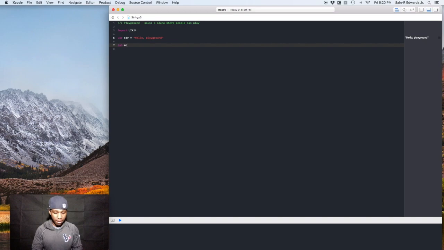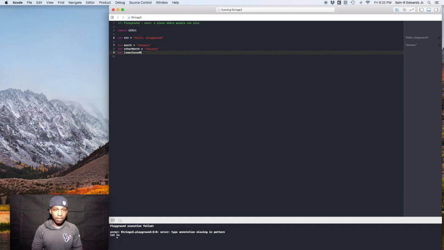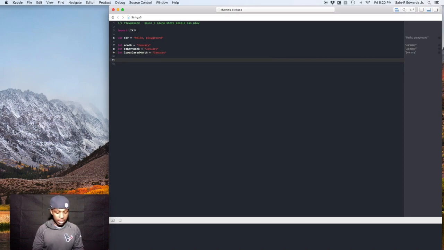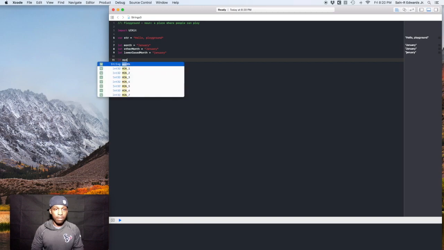We'll say let month equals January, and let other month equal January, and let lowercase month equal january. Alright, here we go. So we'll say if month